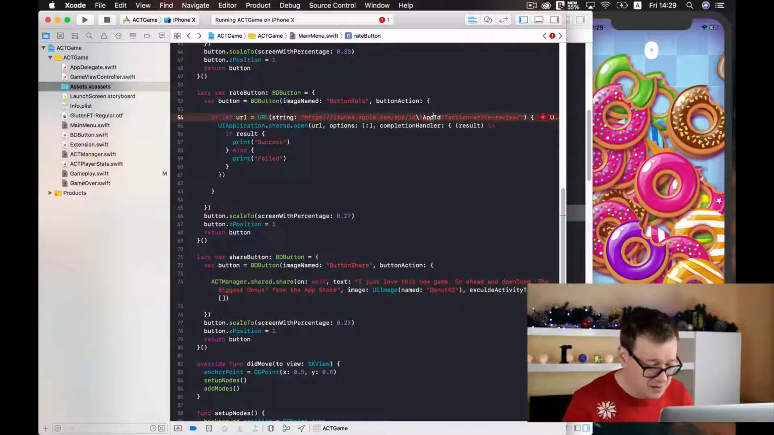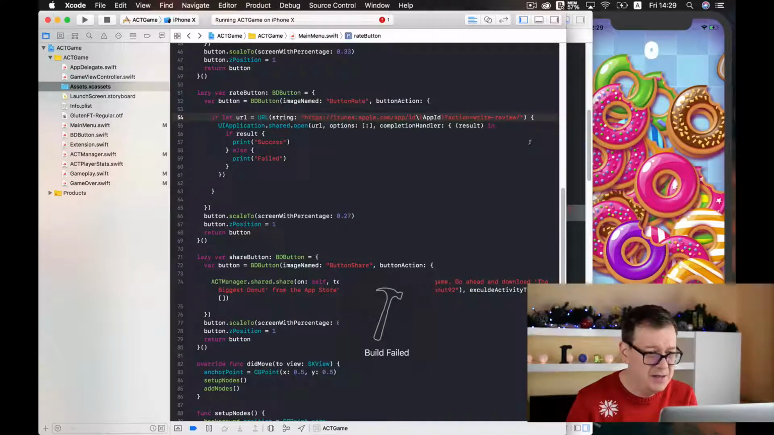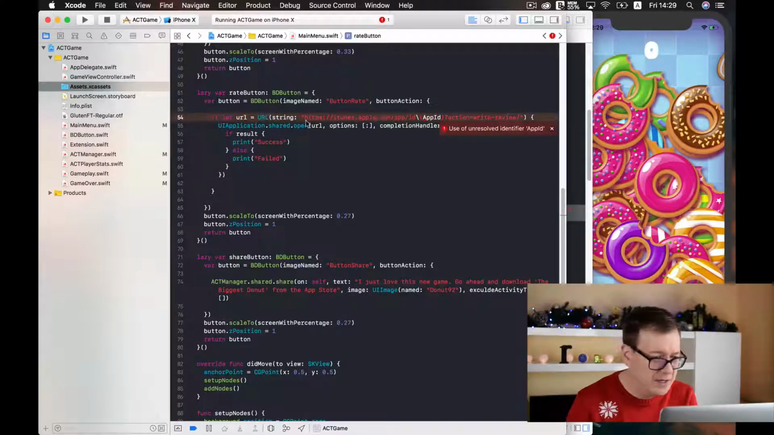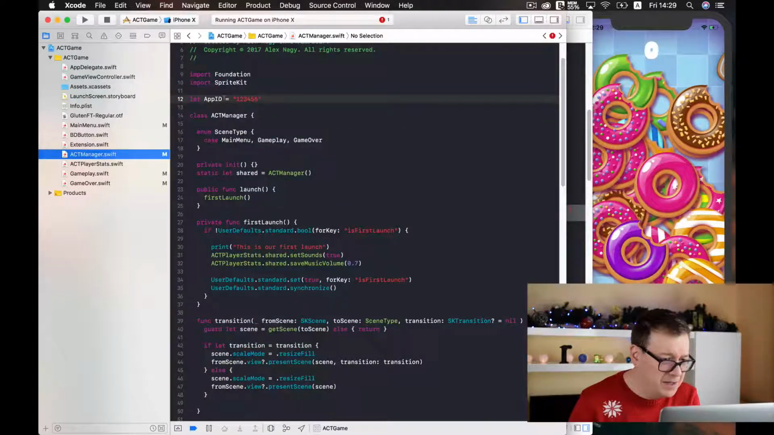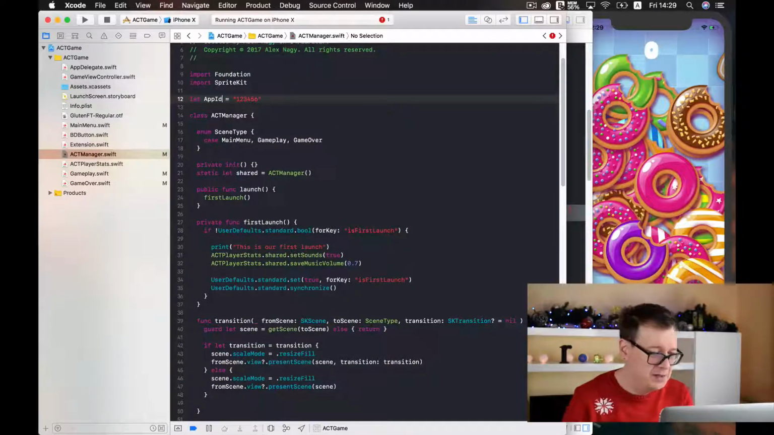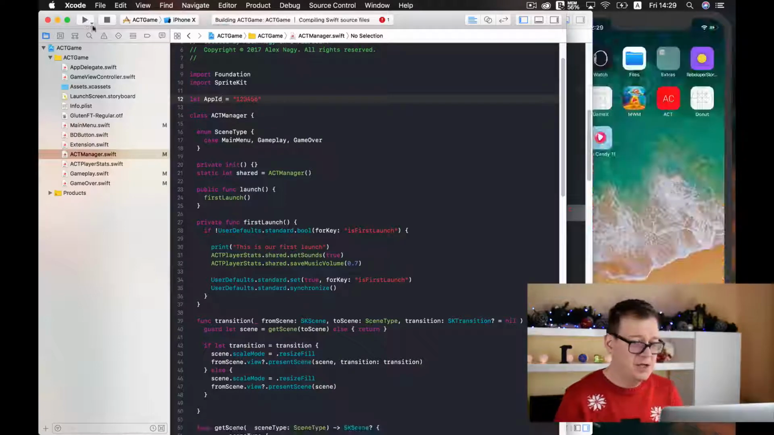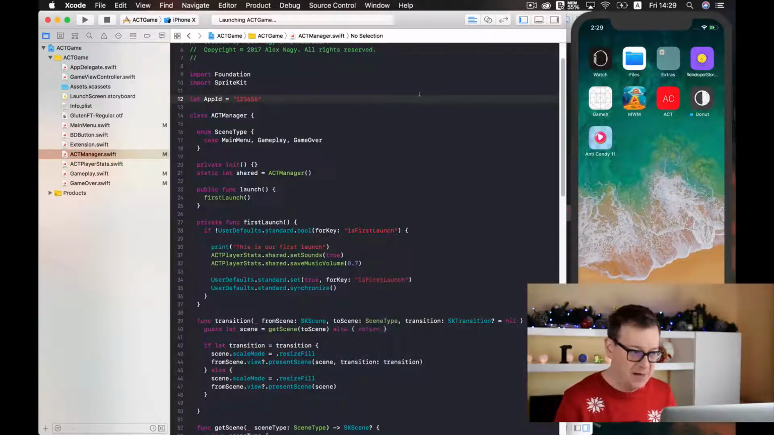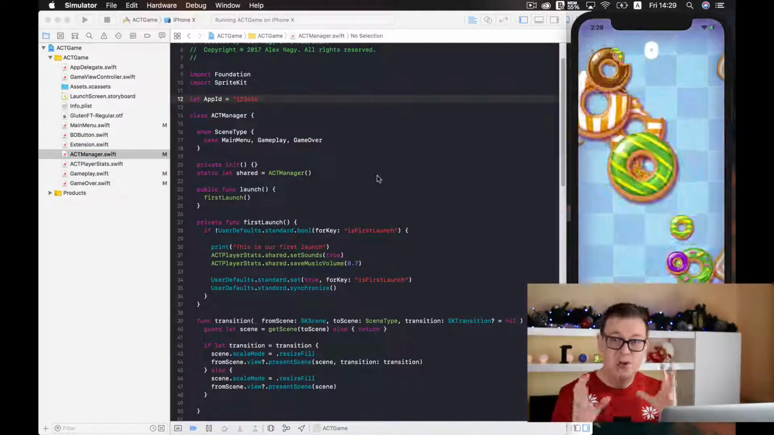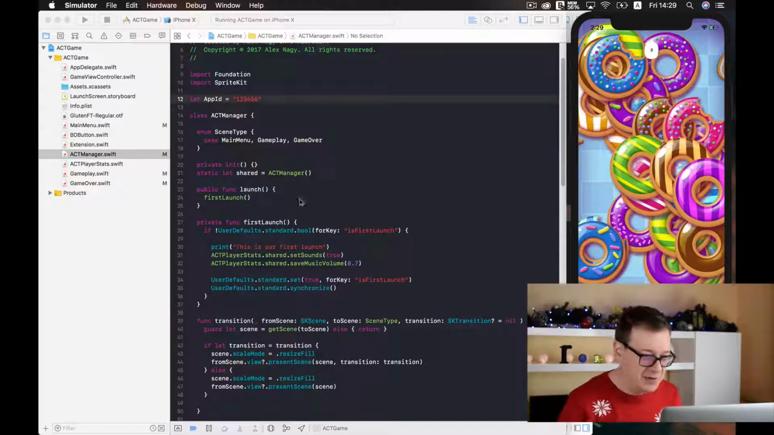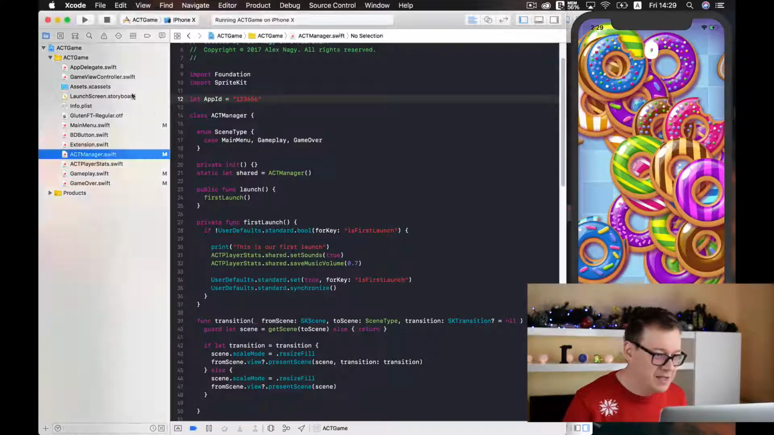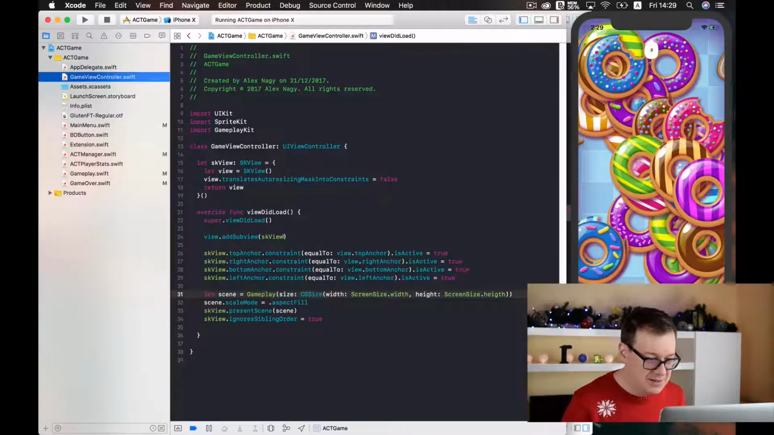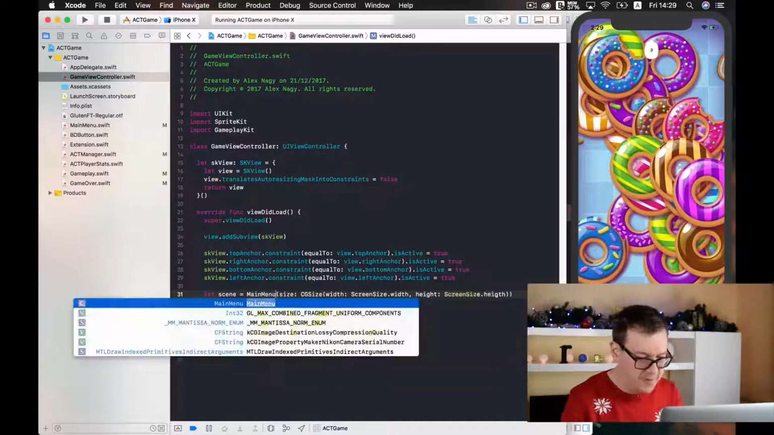Maybe here, let me just build and run and see what this error is all about. Unresolved identifier. Well, let's go to our ACT manager. Oh, yeah, not with a capital D, a small d. And now everything should work okay. Build and run, just to test it. Build has succeeded, great. Now let's move on to Chartboost. Yeah, it looks okay. And one last thing, in the game view controller, let's start now with the